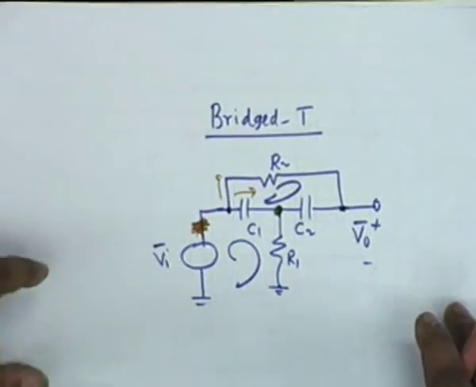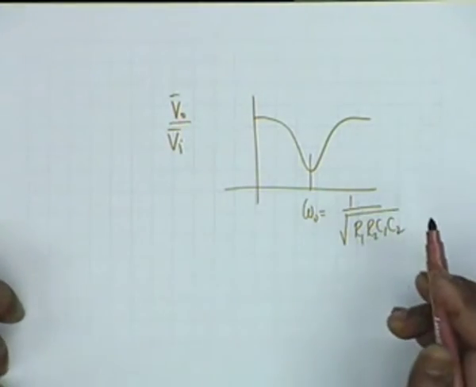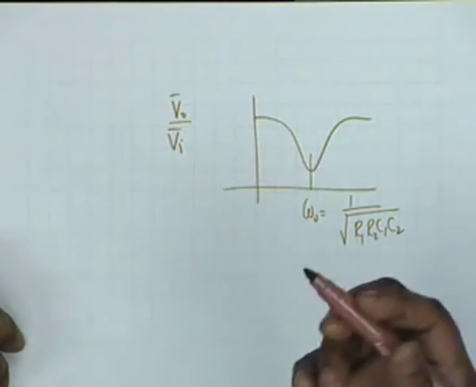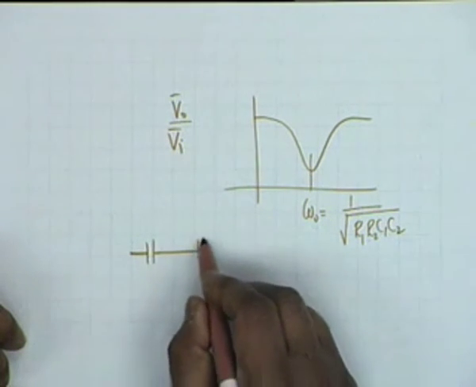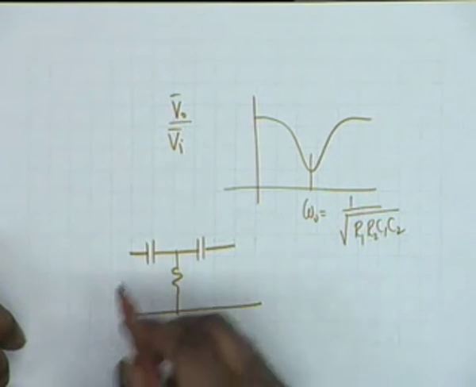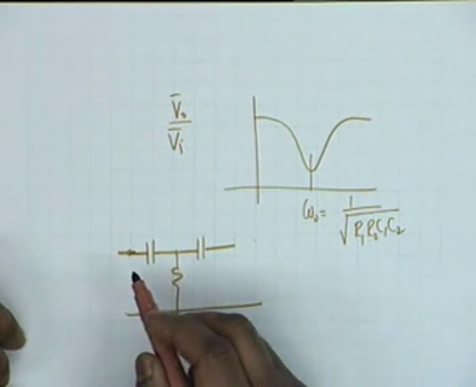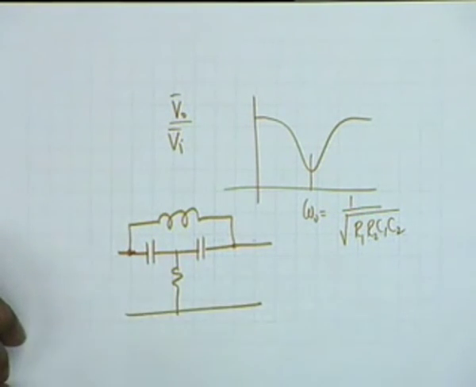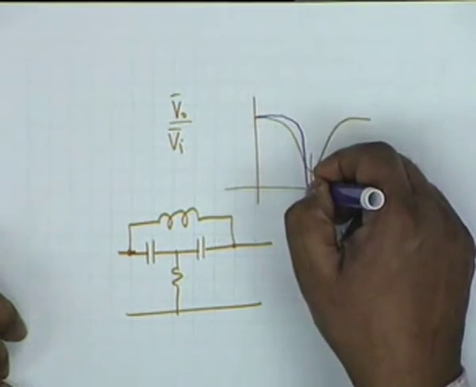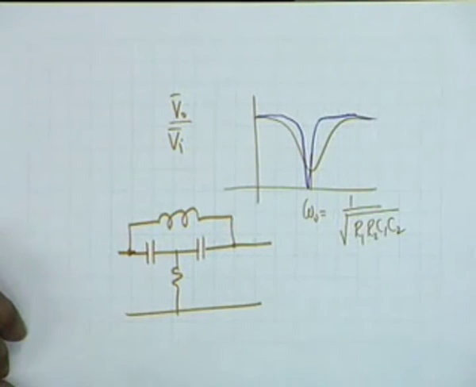One or more capacitors. For example, one of the circuits that you shall encounter in practice if you try to measure something, one of the circuits is this: 2 capacitors, 1 resistor, the same configuration, but instead of a resistance, if you use an inductance here, it can be shown that this gives a much sharper band stop, perhaps something like this, as compared to an RC bridged T, if you introduce both kinds of energy storage elements.